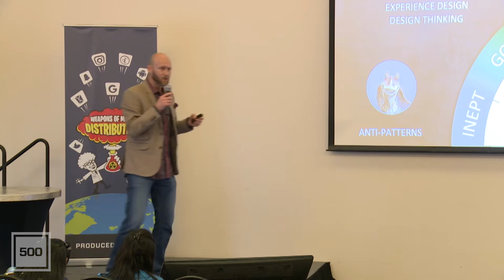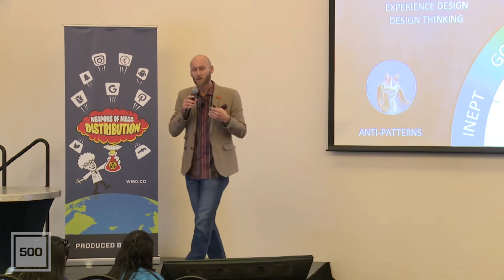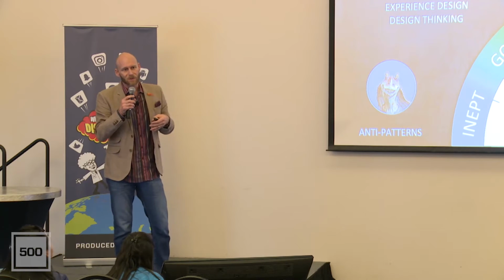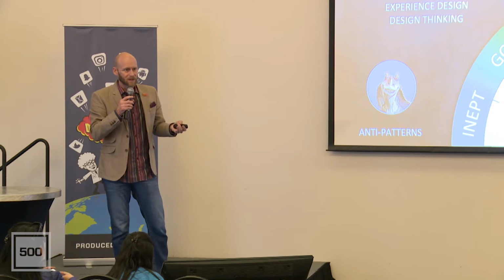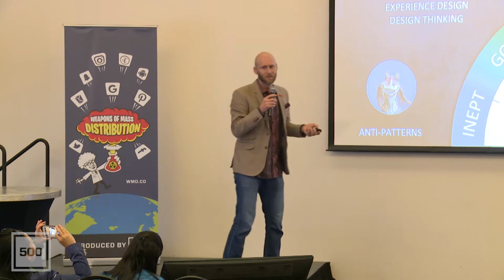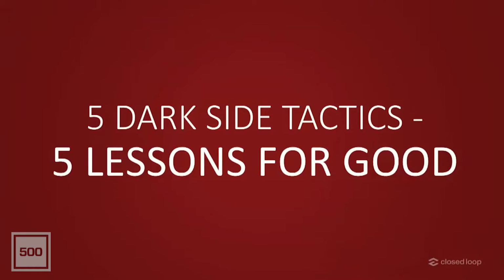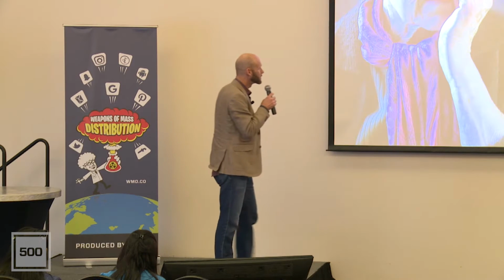And I want to make sure that we stay on the right side of the line and we're doing the right things long-term for ourselves and our users. Because if people feel tricked, that's got to be bad for your brand and your business long-term. So I want to dive in, show you 5 different dark patterns and some lessons from each that we can learn that kind of pull it back from the evil side just into that gray area. Hopefully it's deliciously evil. So we'll walk through some of those.